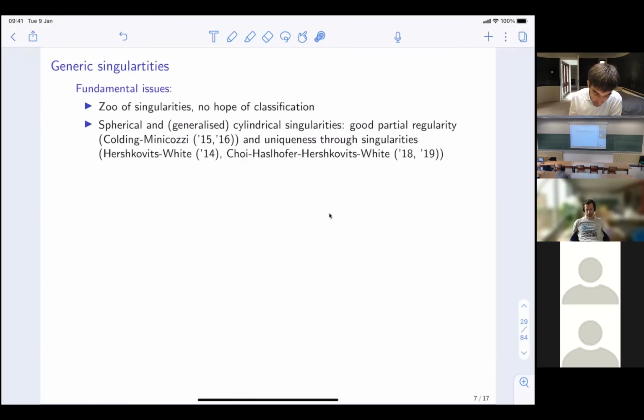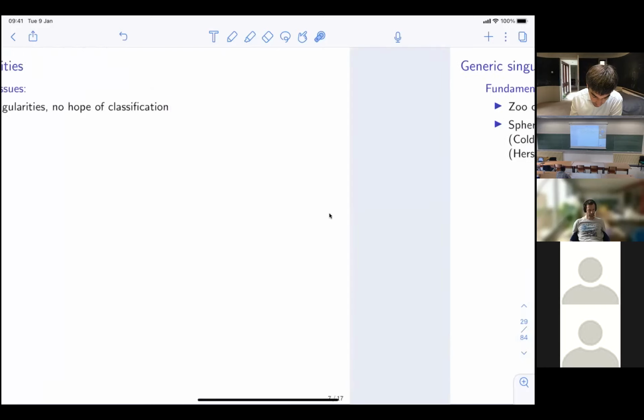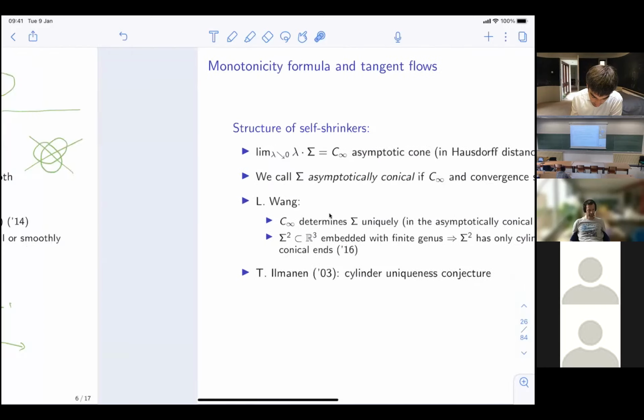But on the other hand, if you have these spherical and generalized cylindrical singularities, much more is known. So by work of Colding-Minicozzi, there's a very good regularity theory. You know much more about how big your singular set is, even for a weak flow. And we have said before also,